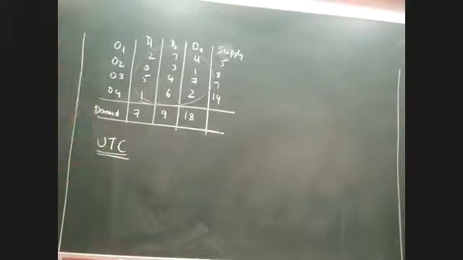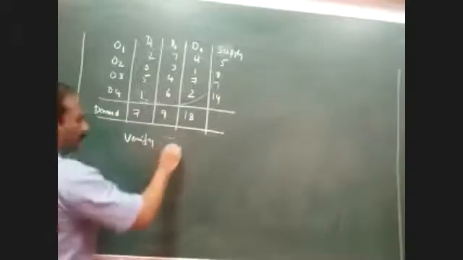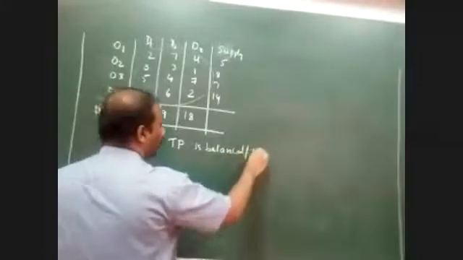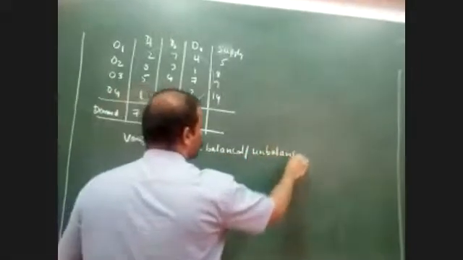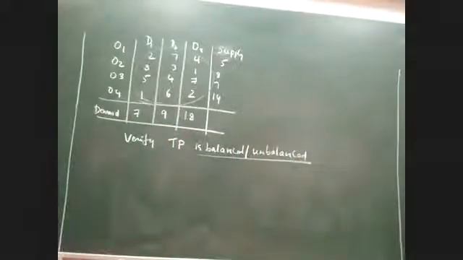Now let's start with the second part, solving the problem. As I already said, there are certain prerequisites to be taken here before we start solving the problem. Now, what is a prerequisite? The first important prerequisite is to verify whether the given transportation problem is balanced or unbalanced. This is the first important point to be verified before we start. Are you getting the point here? Before we start solving the problem, I am supposed to verify whether the given transportation problem is balanced or unbalanced.